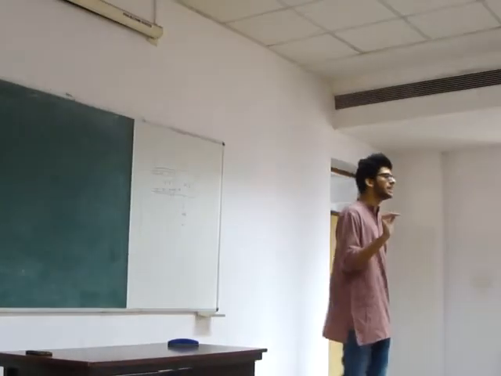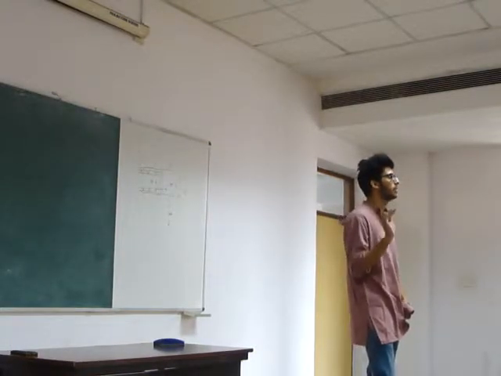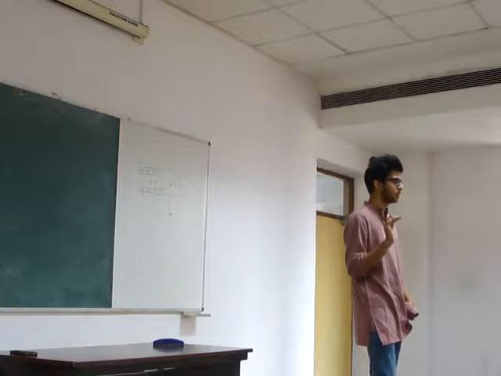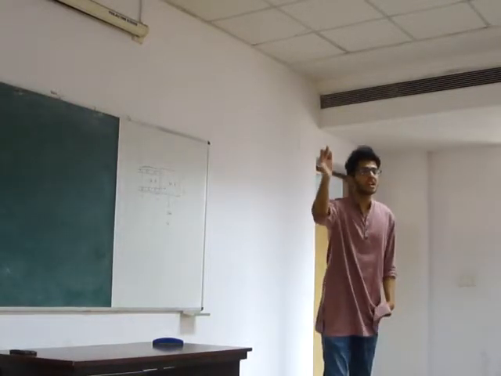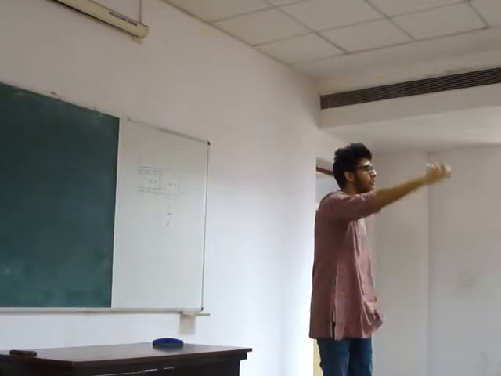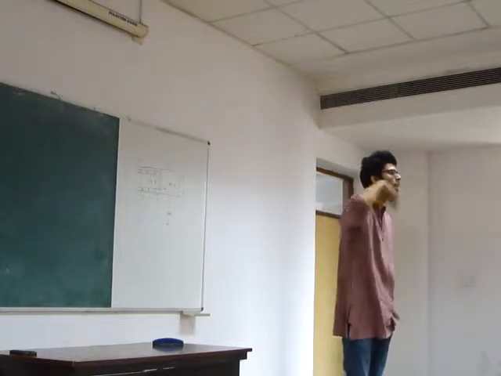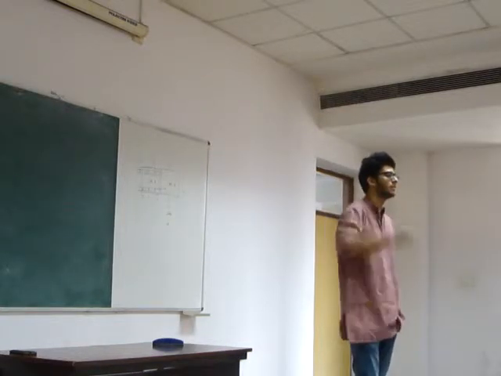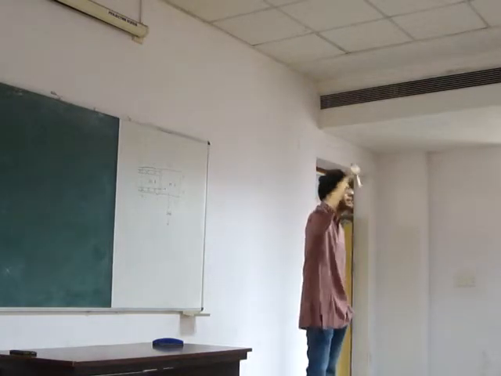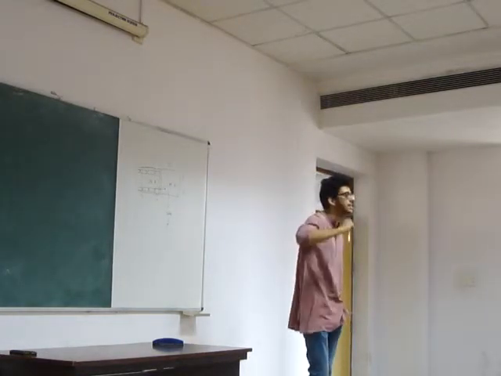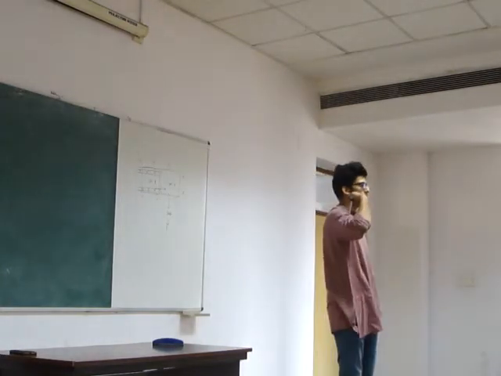Because an easement can be transferred only by way of transfers of the dominant heritage. Only if the DH is transferred would that result in a transfer of the easement. If you keep on transferring the servant heritage, that does not result in transfer of easement. Why? Because at the end of the day, it is the dominant heritage which is granting the easement. It is the servant heritage which is always claiming the easement.